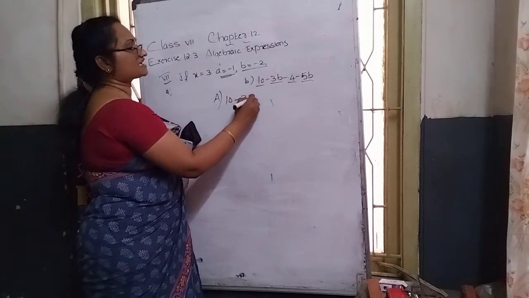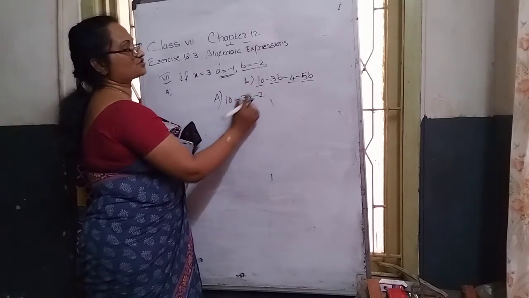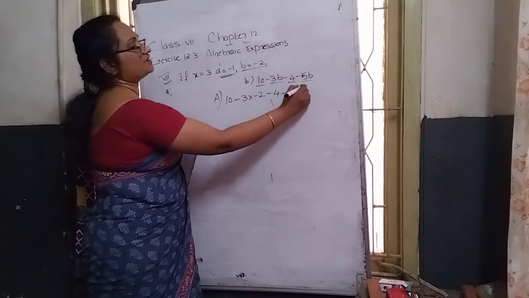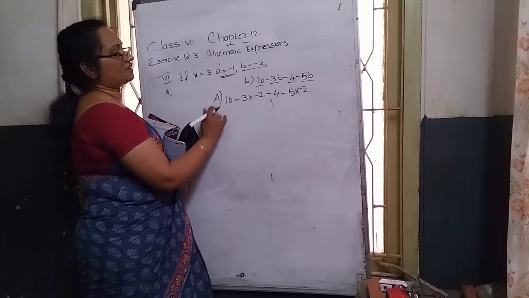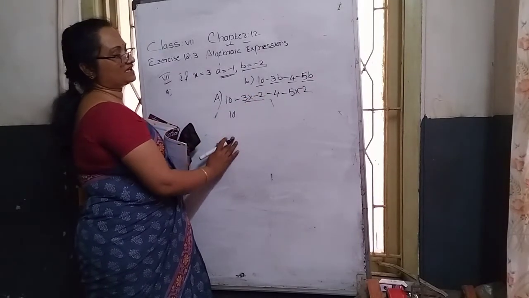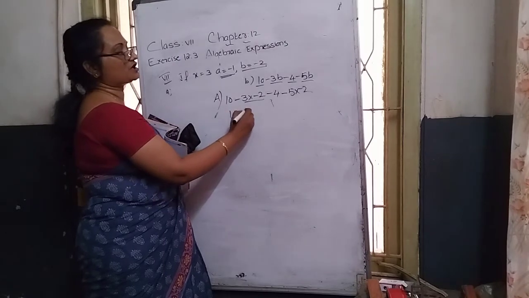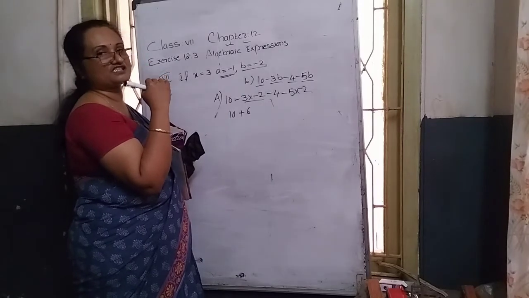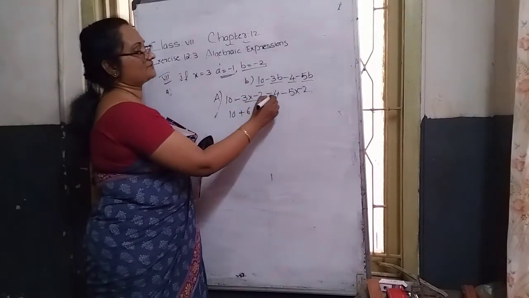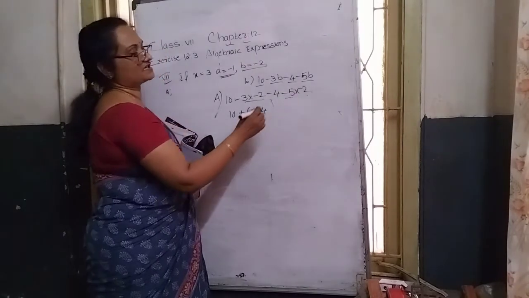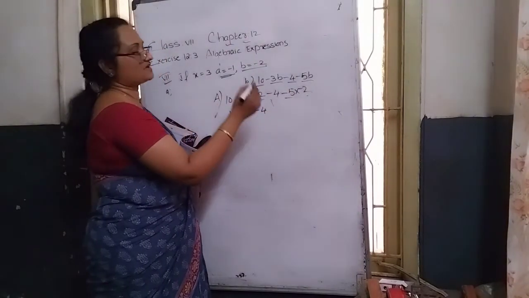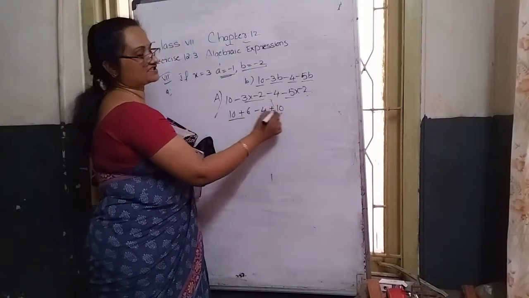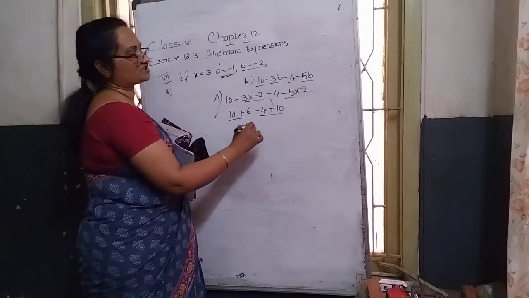So 3b means 3 into b value. B value is how much? Minus 2. Minus 4 is the third term. The fourth term is minus 5b, meaning 5 into b value, which is how much? Minus 2. Then 10, these two terms, second term multiply: minus 3 into minus 2 becomes how much? Plus 6, because minus into minus: the minus sign is repeated 2 times, which is an even number, so plus 6. Here minus 4 only. The last term, minus 5 into minus 2, minus changes into plus; 5 2s are how much? 10. Again, first 2, last 2: 10 plus 6 comes to be how much? 16.